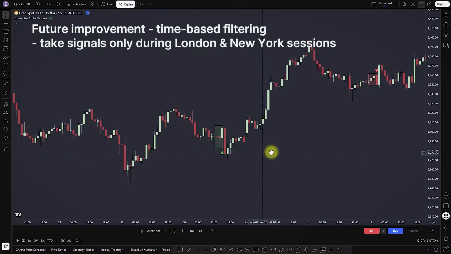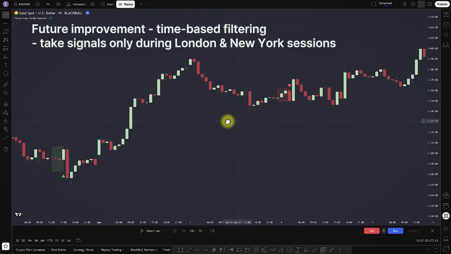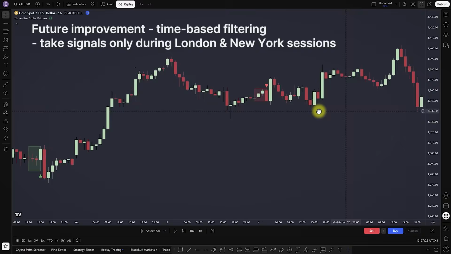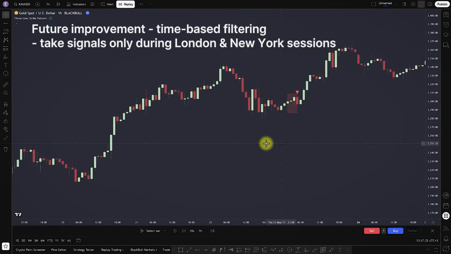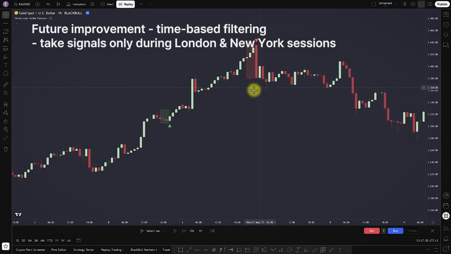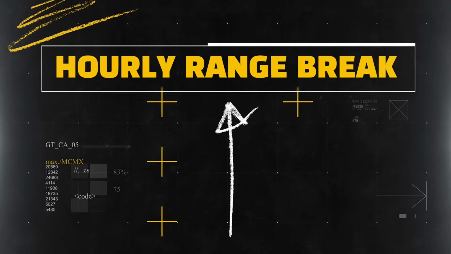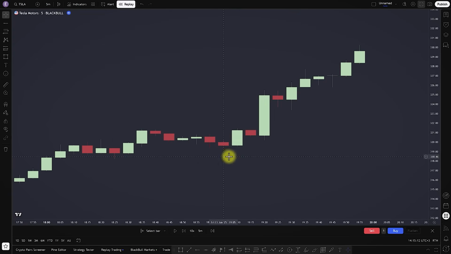Another modification that could improve my results: time-based filtering. Some patterns work better during active sessions, so I might request the AI to only show strikes during London and New York sessions. If you skip this next concept, you'll regret it, because it can make or break your intraday